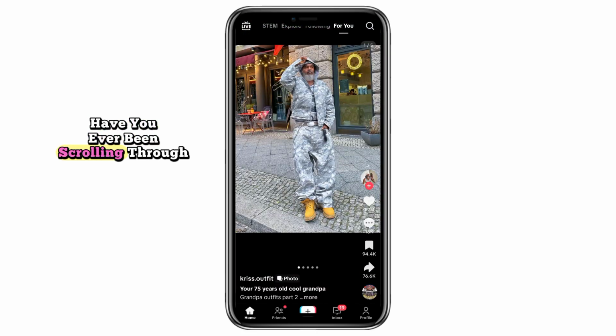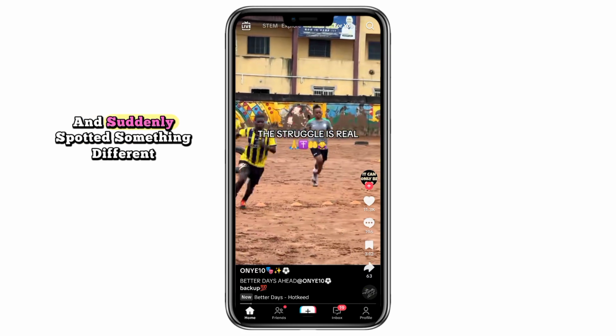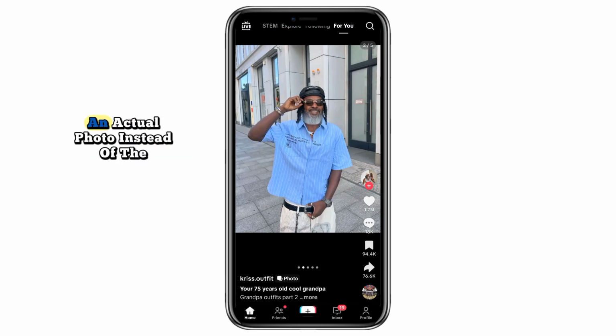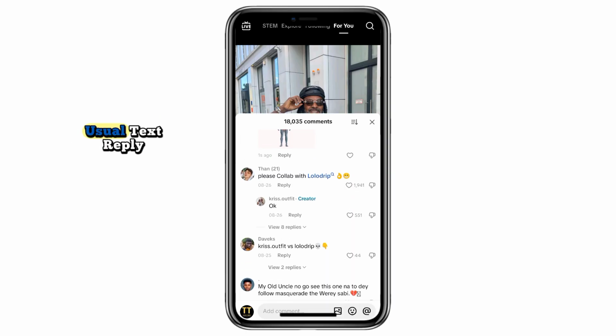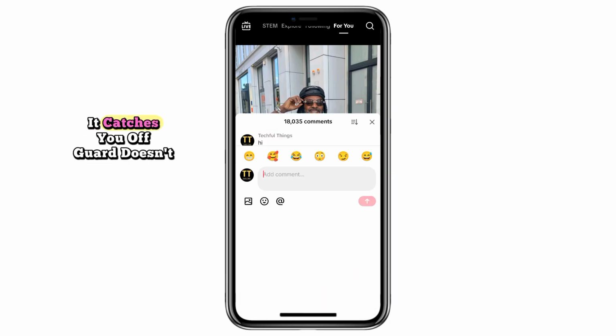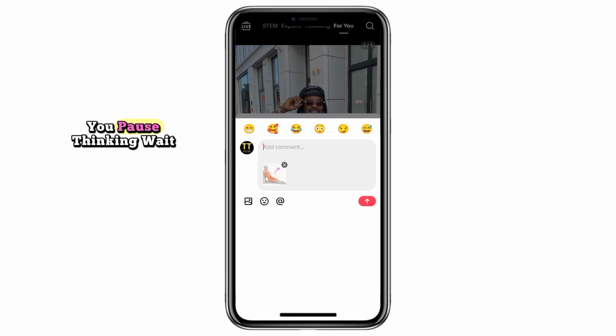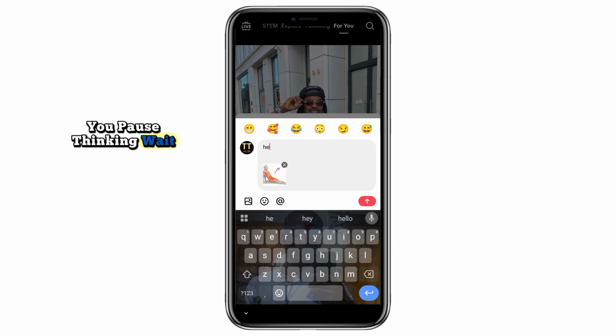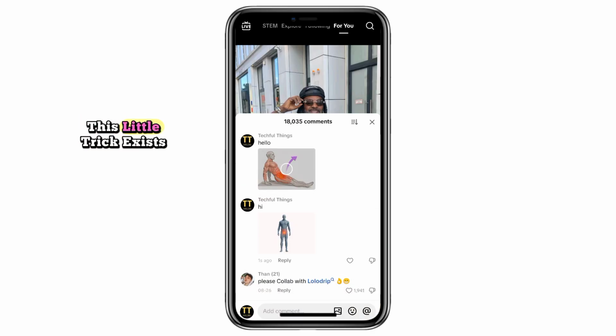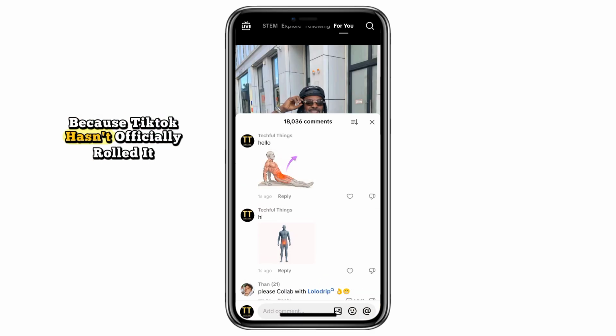Have you ever been scrolling through TikTok comments and suddenly spotted something different? An actual photo instead of the usual text reply? It catches you off guard, doesn't it? You pause, thinking, wait, how on earth did they manage that? Well, you're not alone. Most people have no idea that this little trick exists because TikTok hasn't officially rolled it